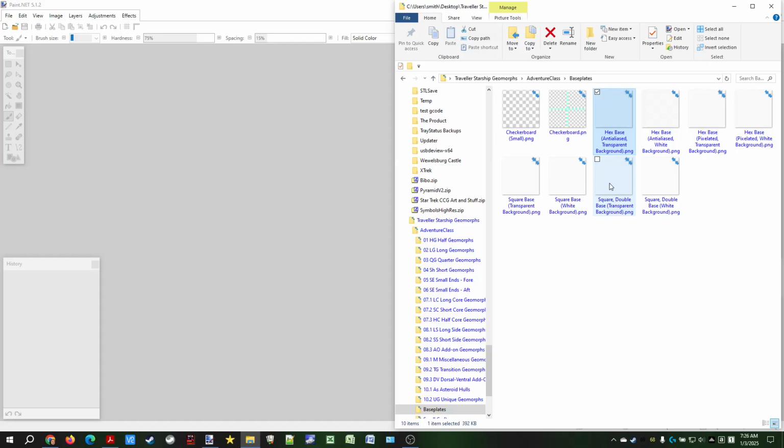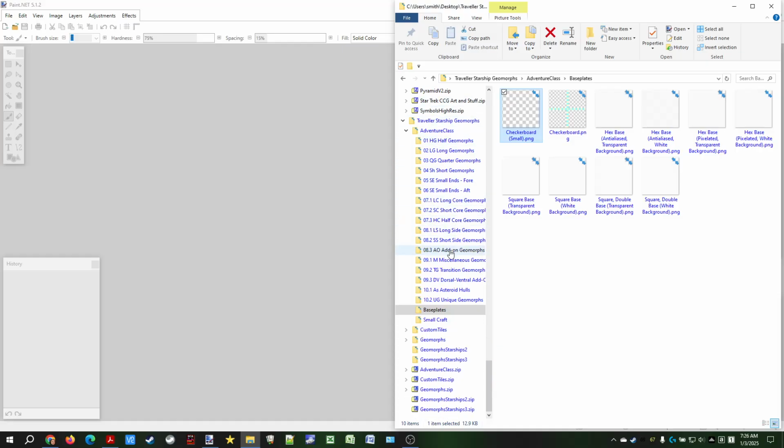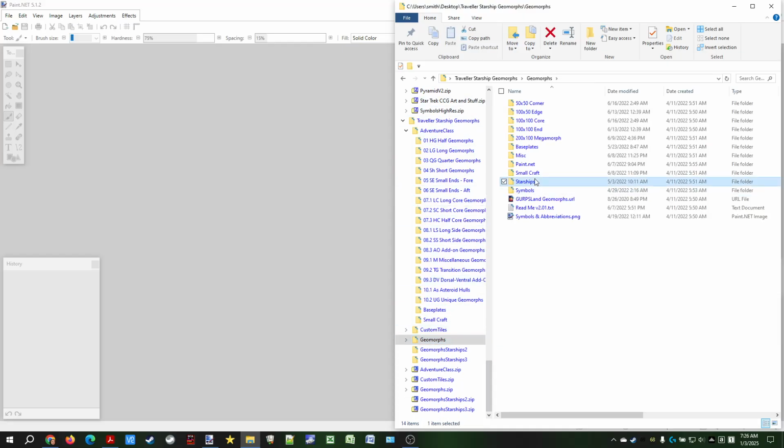The transparent are most useful if you want to lay the grid over top of the map, whereas the ones with the white background, you lay it underneath the map. And the main difference there is whether or not the grid is going to appear over top of, like, furniture and machinery components, or underneath it. I prefer it to be underneath. But if you get the Geomorphs download, I included in this one,